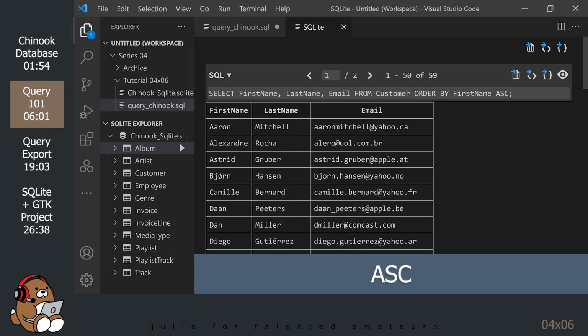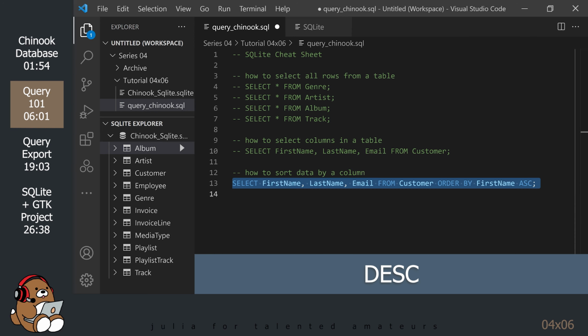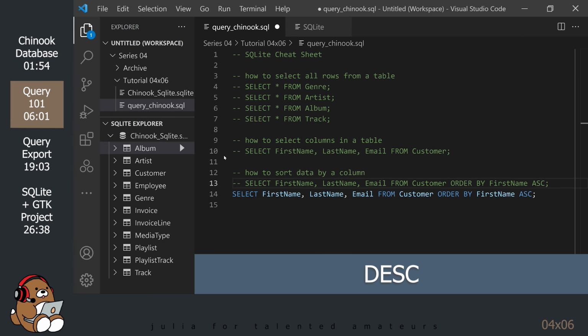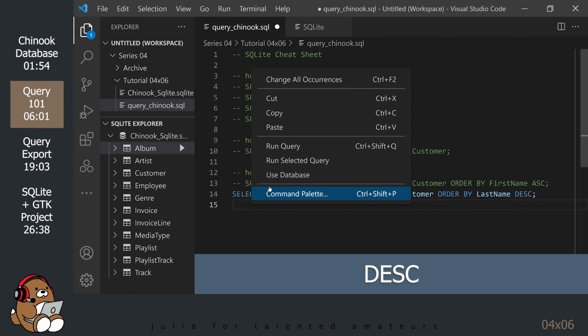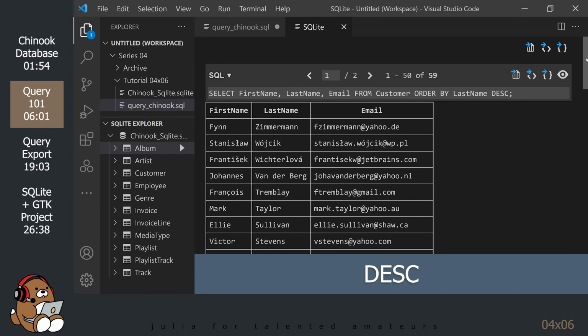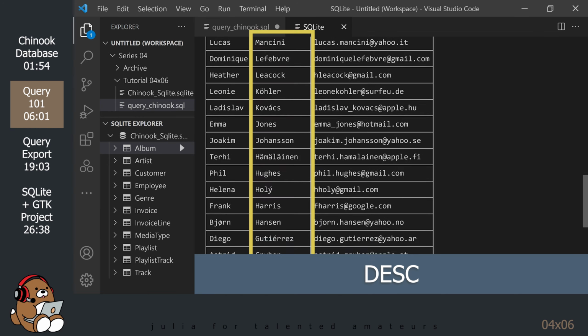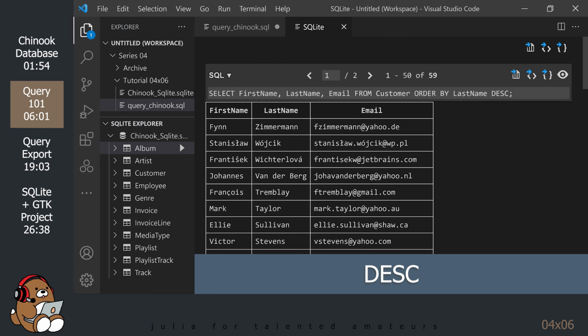Use the ASC keyword for ascending, and use the DESC keyword for descending. So that's pretty easy.